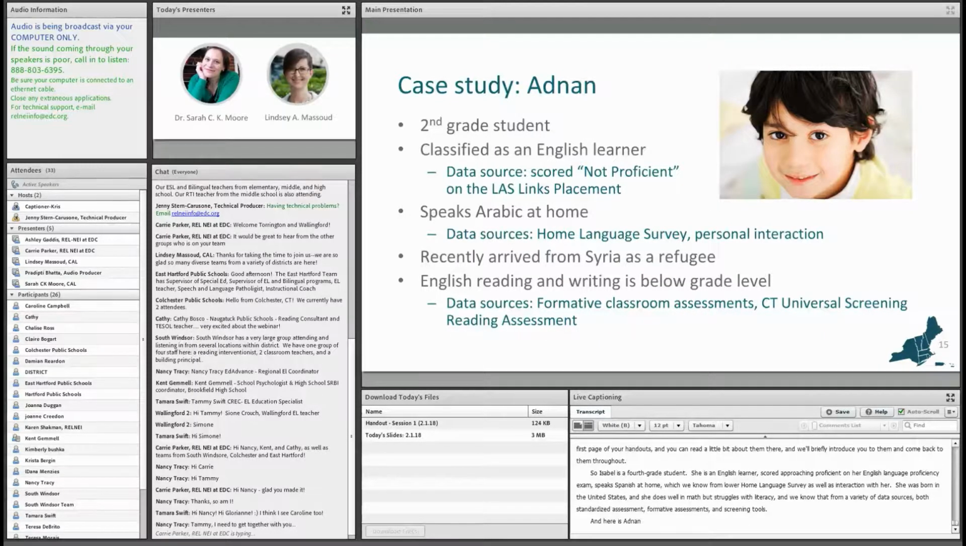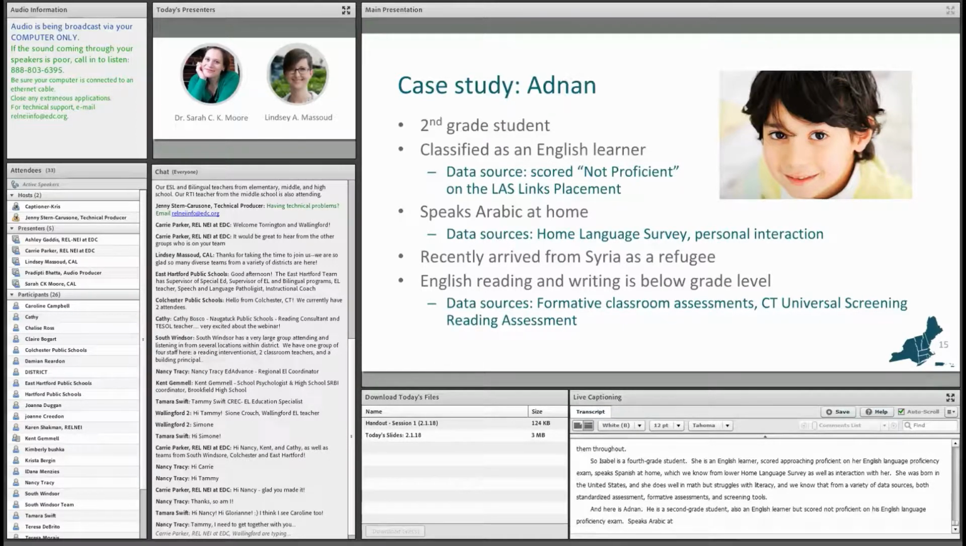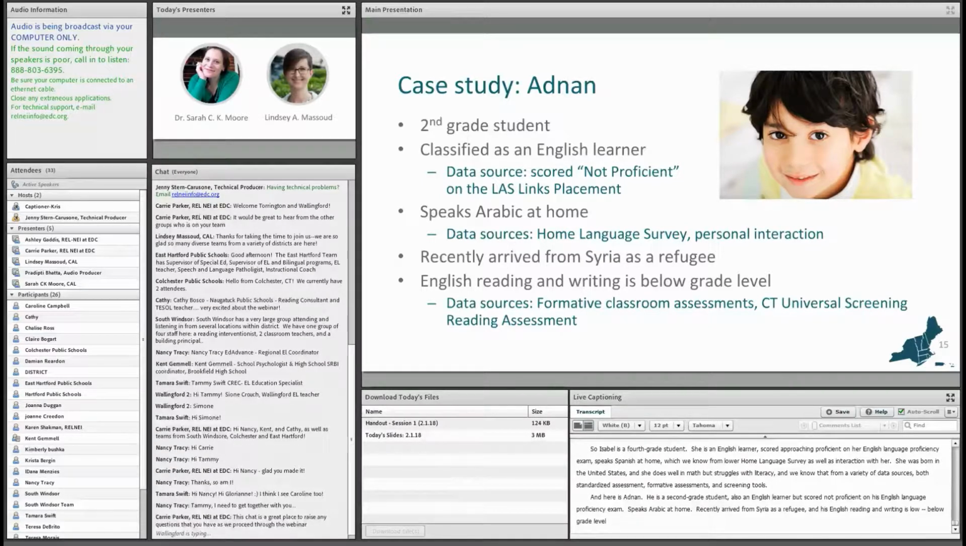And here is Adnan. He is a 2nd grade student, also an English learner, but scored not proficient on his English language proficiency exam, speaks Arabic at home, recently arrived from Syria as a refugee, and his English reading and writing is below grade level, which of course we would expect it to be as he's a new English speaker, just learning English. But part of what we want to address throughout this series is how to ensure that we're not assuming